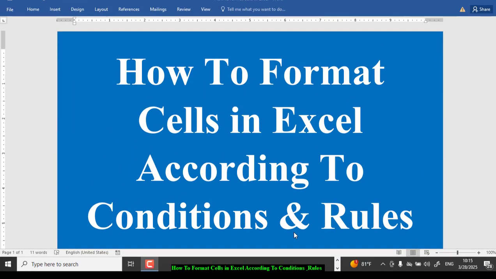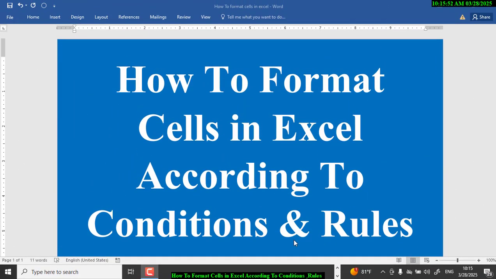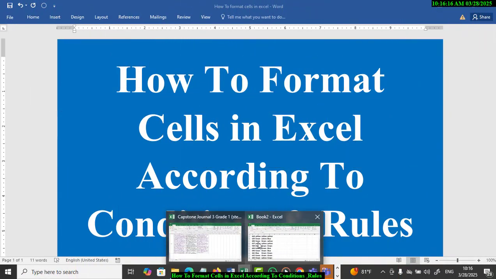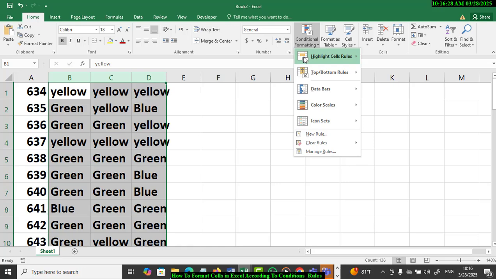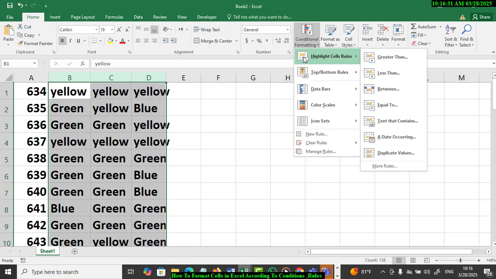Hello, how to format cells in Excel according to conditions and rules. Select the area, this area, and then conditional formatting, and then highlight cells rules